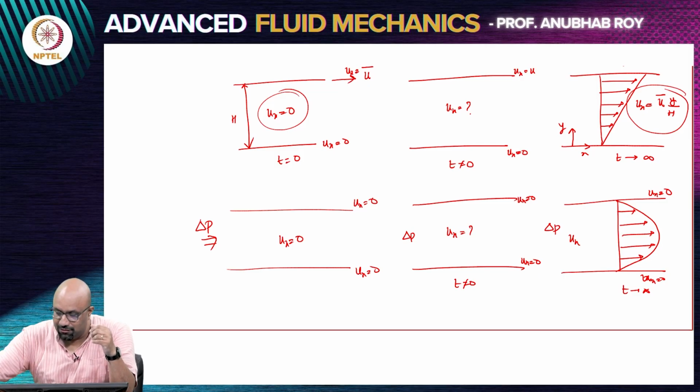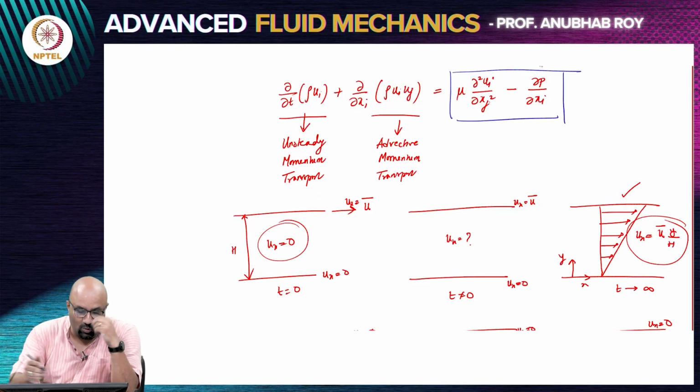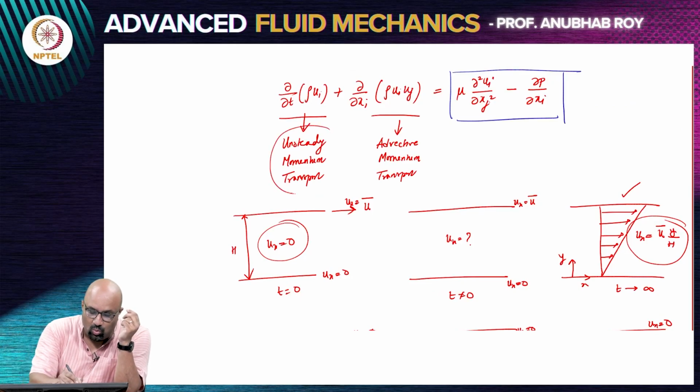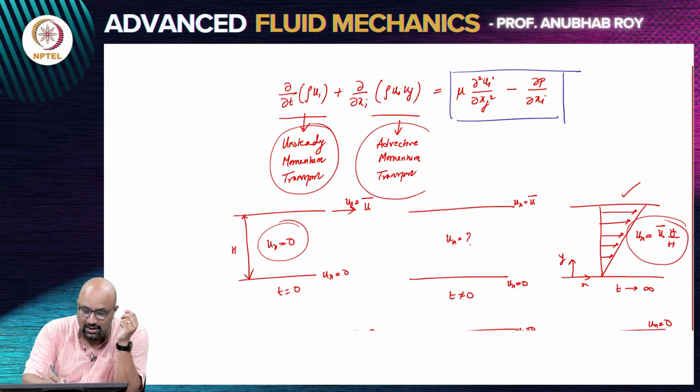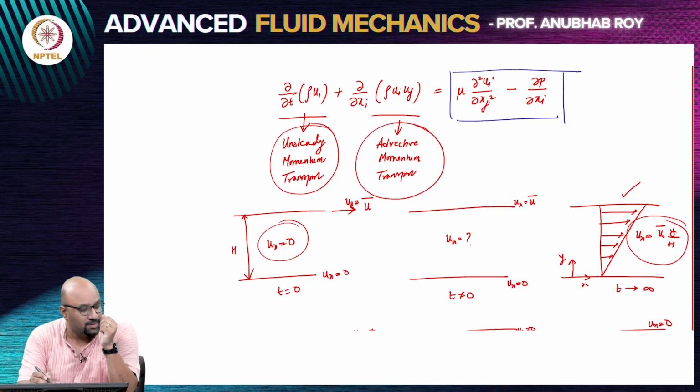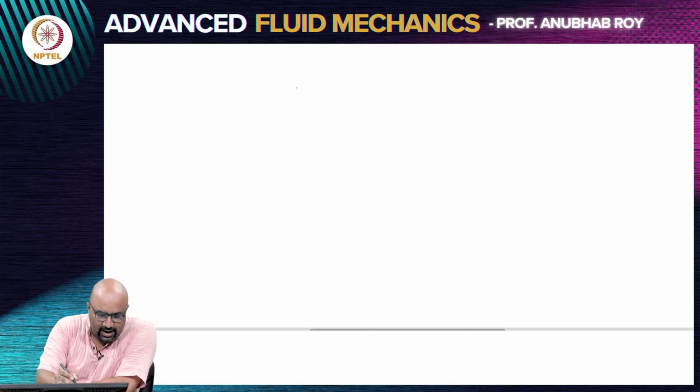So, the part of momentum transport that I said, there are two pieces in this discussion. One is unsteady momentum transport and the other is advective momentum transport. So, in the present problem, we are going to focus on unsteady momentum transport, and then we will come back to the point of what the advective part does. The scenario that we have now in mind, we are going to focus on the unsteady momentum transport, and for the unsteady momentum transport, the governing equation that we are going to focus on is the following,